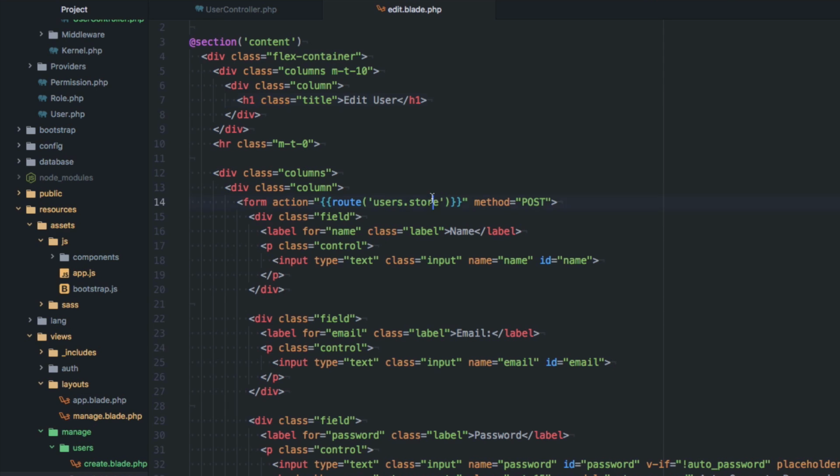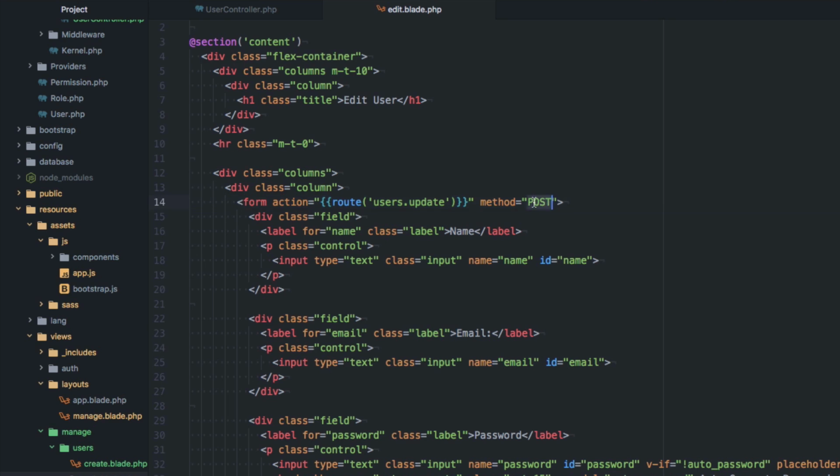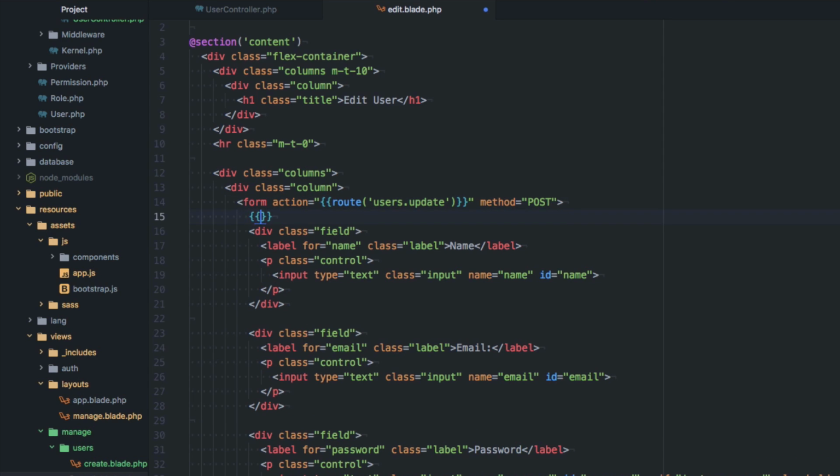And then this time the form, we just want to go to update. Actually here, we got to make this post. And then I realized all these forms actually don't work. We have to go through and do CSRF tokens for all these forms. But for right now,